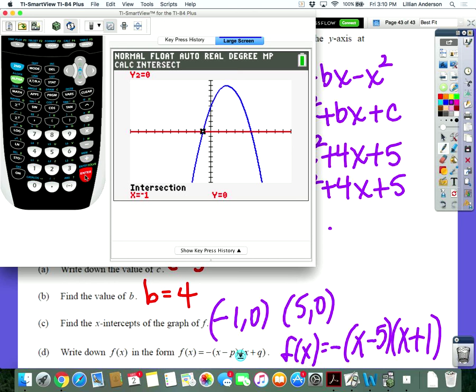How do I get the other one? Same thing, but to the right. Second trace, go to 5, and move closer to 5. It doesn't have to be exactly on it, just click enter 3 times. And there's the other one. Okay? That's how you can use your calculator. Make sure you plug in